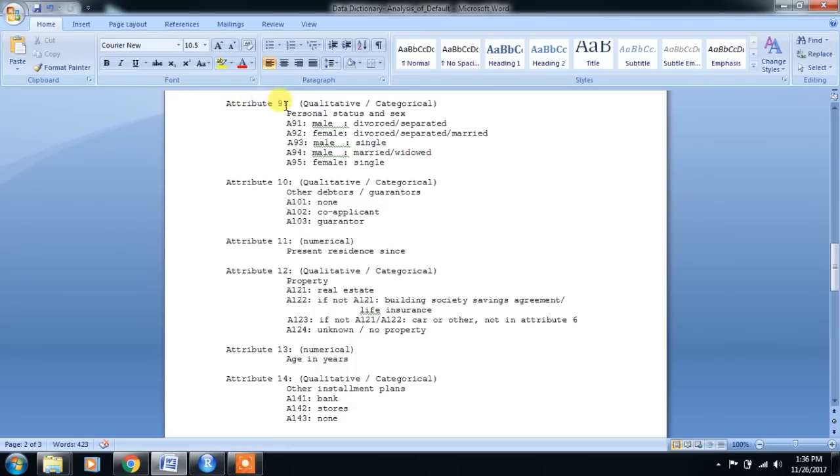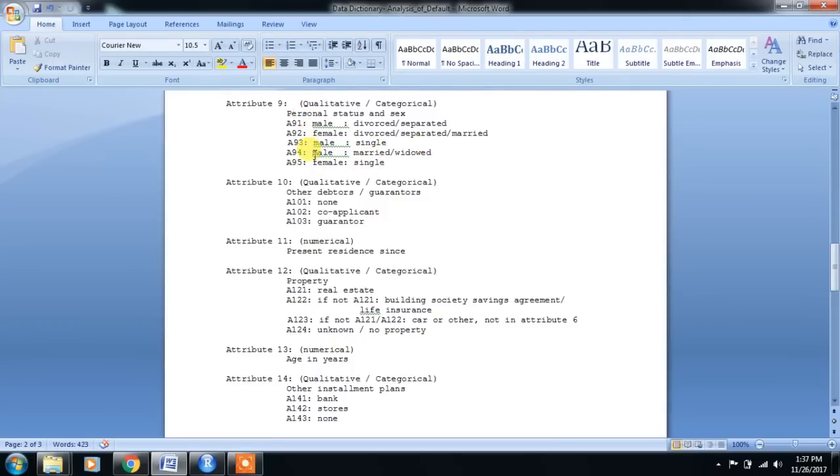Here attribute 9, personal status and sex. Here we did a little bit of a tricky thing. For example, we bucketed male divorcee and separated, female divorcee separated and married, male single, male married widow, and female single.